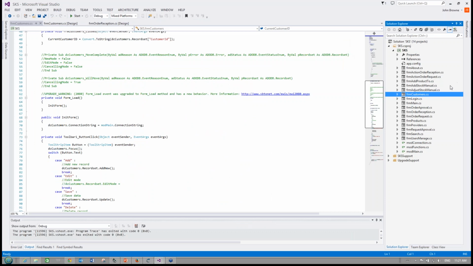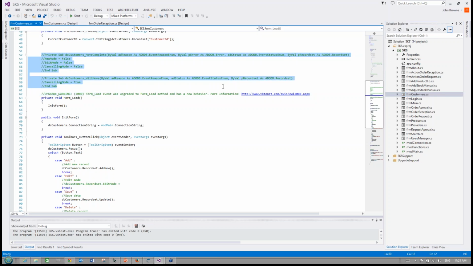So what you're going to see here is on the right in our Solution Explorer, we see all of our forms that we had in the VB application. Here's the same form that we were looking at, but now it's been migrated to C#. So we see all the comments that were there are still there. They've just been converted to C# comments. We have some comments that the tool injects itself. It basically says, look, the form load event has modified behavior now from Visual Basic. Here's a link to some documentation on